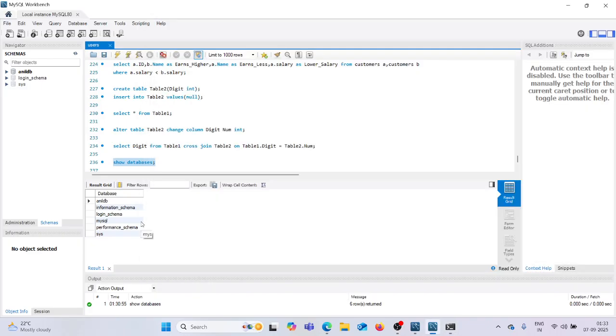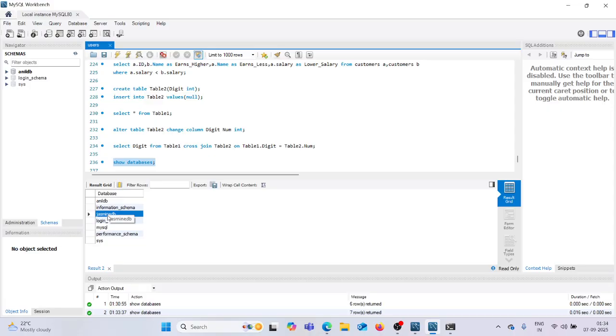In the same manner we'll do it in MySQL Workbench. Come here, and here also we'll run show databases and just execute. See, Jasmine DB is already there. Why? Because we already executed it in the MySQL shell, and we kept the path the same for MySQL Workbench and MySQL shell. As we created it in the MySQL shell, by default it appeared in MySQL Workbench as well.